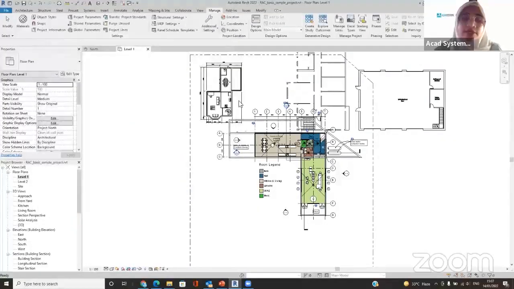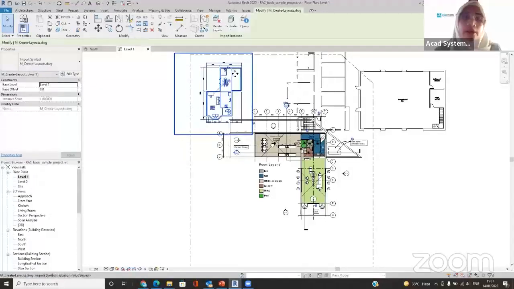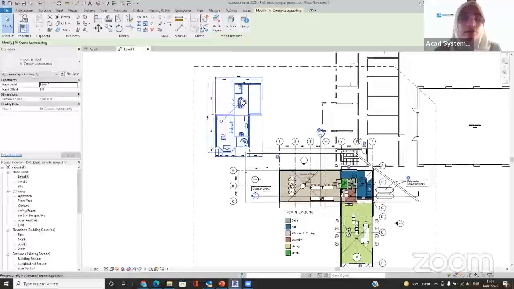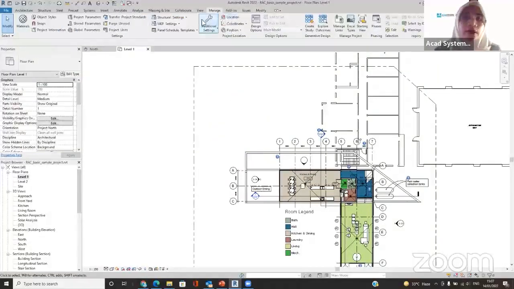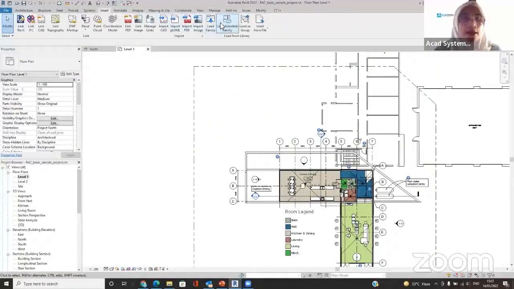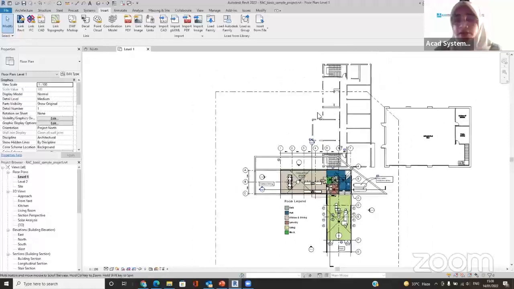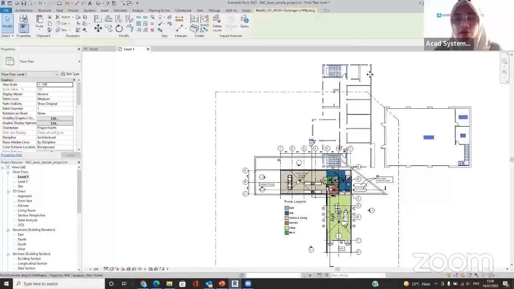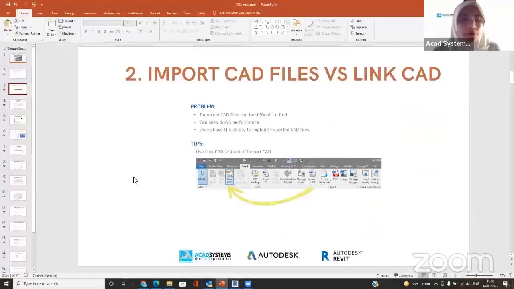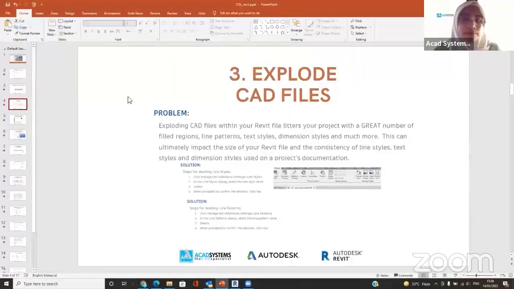If I have this import CAD just now, with the grid layout and the naming tags, and there are any changes, I just have to delete it again and insert it again, loading the CAD file again, and that actually takes up a lot of time. Okay, and also over here, I'm going to share with you that exploding the CAD file is very not advisable. So if I click on this file,